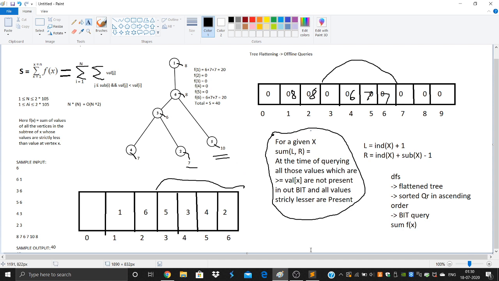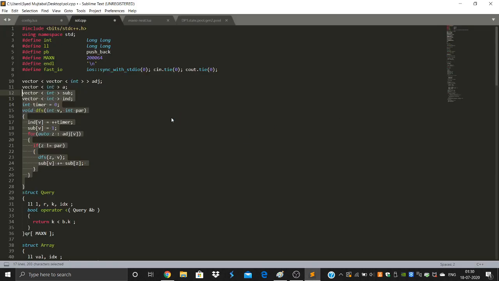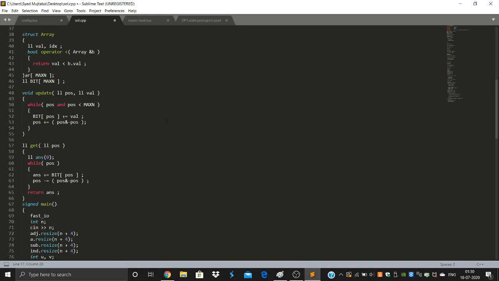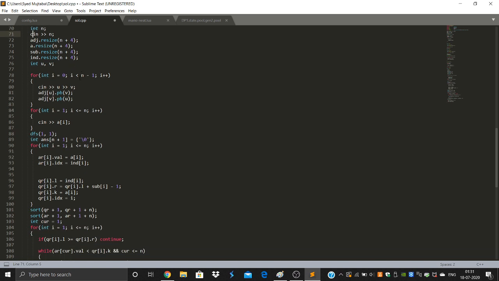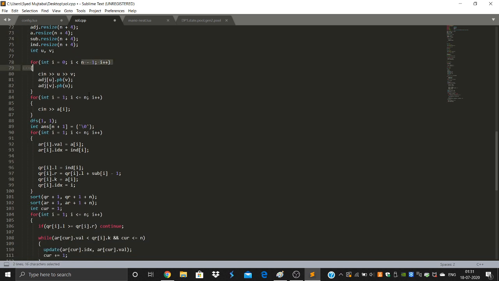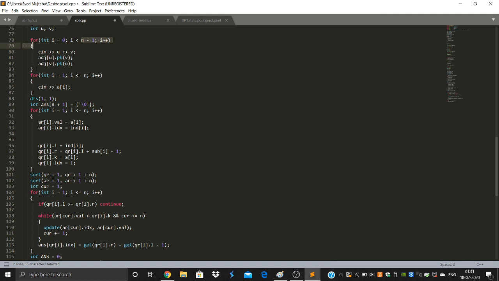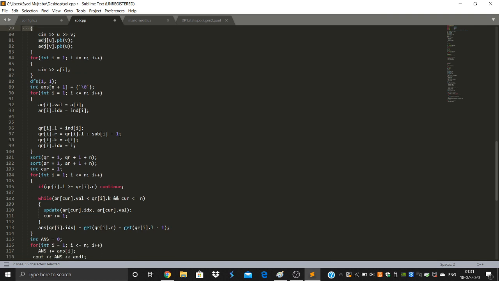But now I'm going to explain the code. It won't take much time. So the code, I have it prepared here. It's pretty simple, pretty straightforward in the start. We take the input, simple input. We took the n minus 1 edges here as input, and we inserted them into the adjacency list. And then this is the value array.